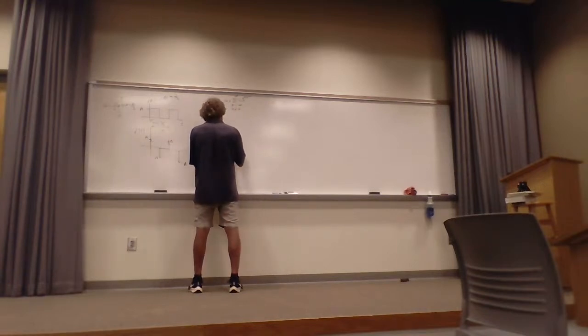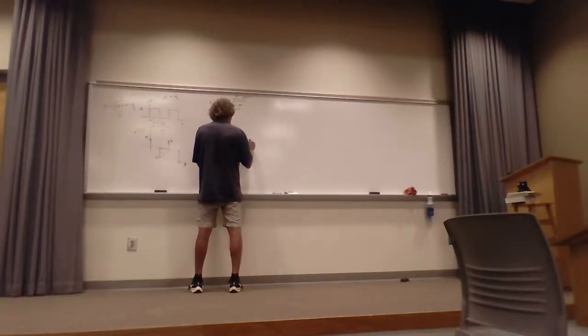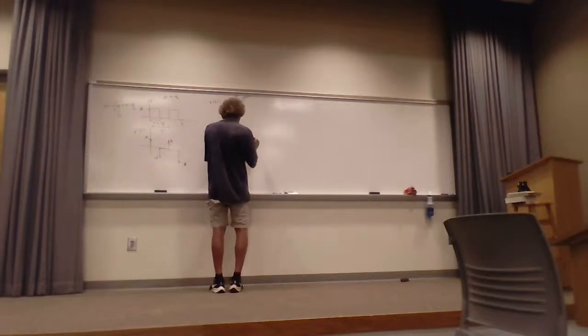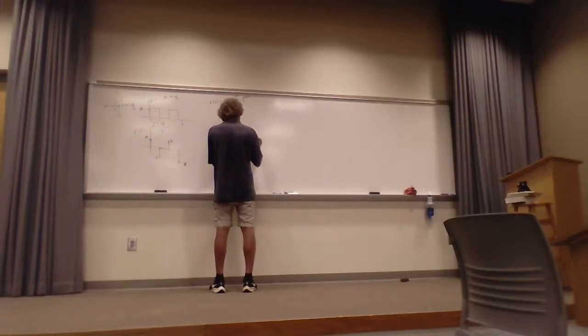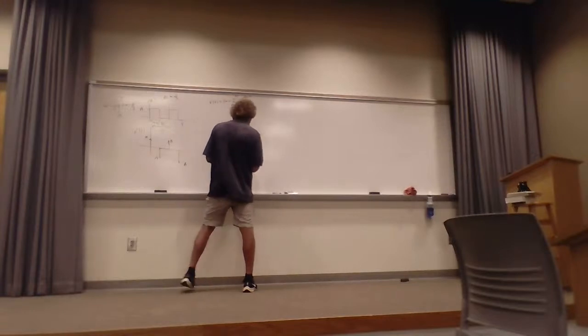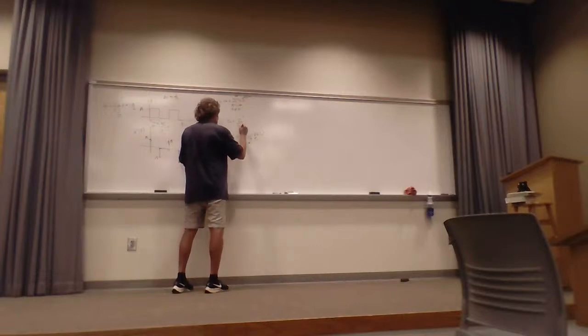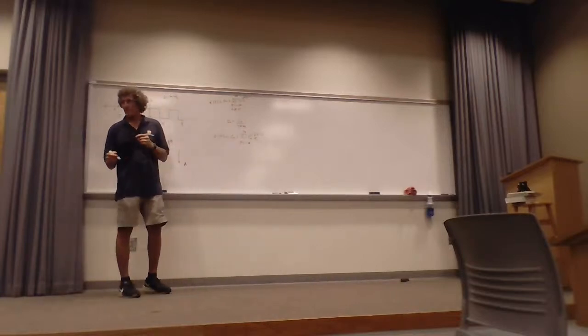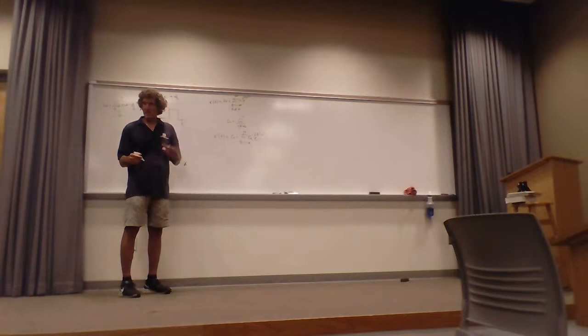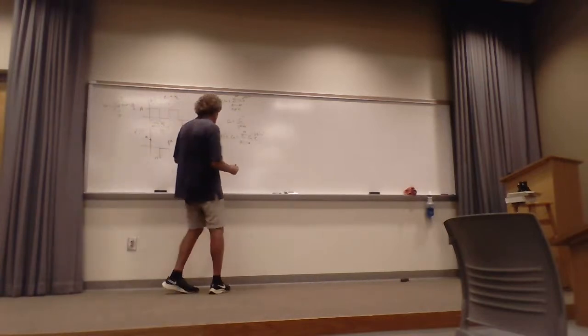It's C0 plus the summation from n equals minus infinity to infinity of C of n prime e to the jn omega naught t. And I also know that my C of n is simply C of n prime divided by jn omega naught because I just took a derivative of that. Do y'all follow me on this? This is just straight out of stuff we've done. So to get C of n prime,